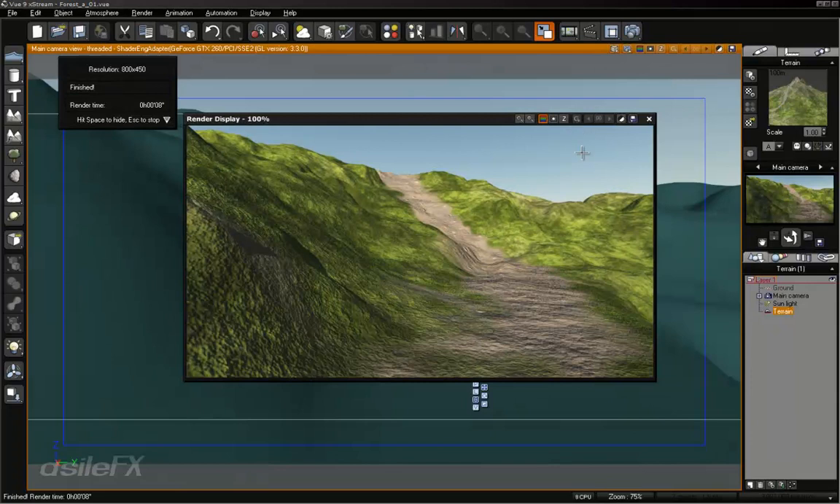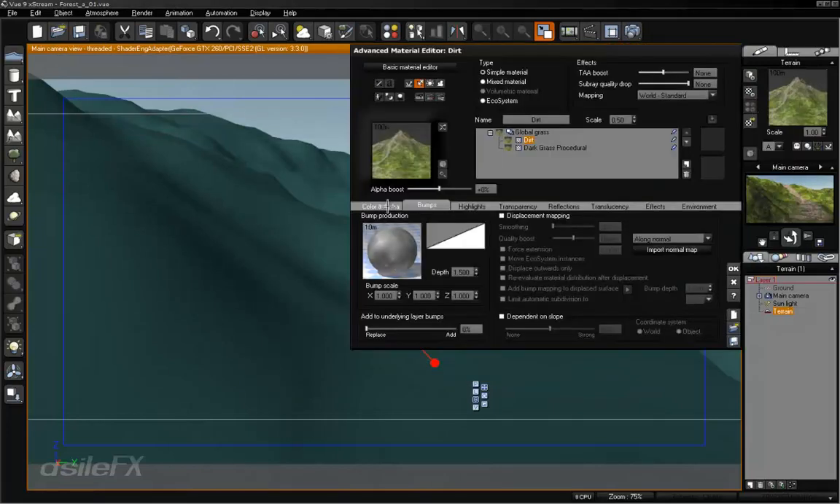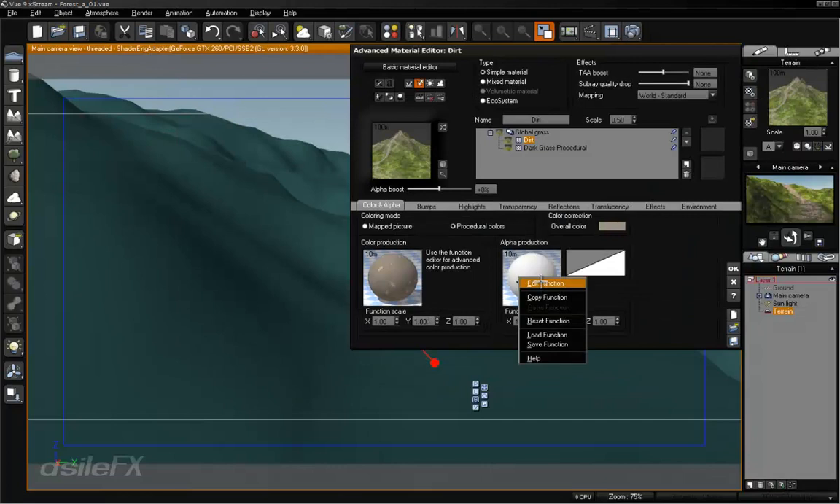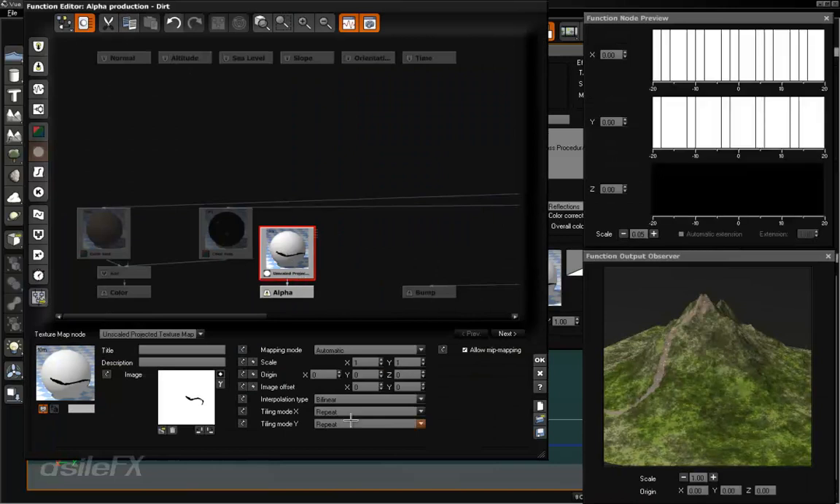And really it just needs to be cleaned up more along the top. I also want to make sure that the gamma is not affecting this. So I'm going to edit the function of the dirt material, and for that alpha that's being painted, I'm going to switch this and click on the little Y